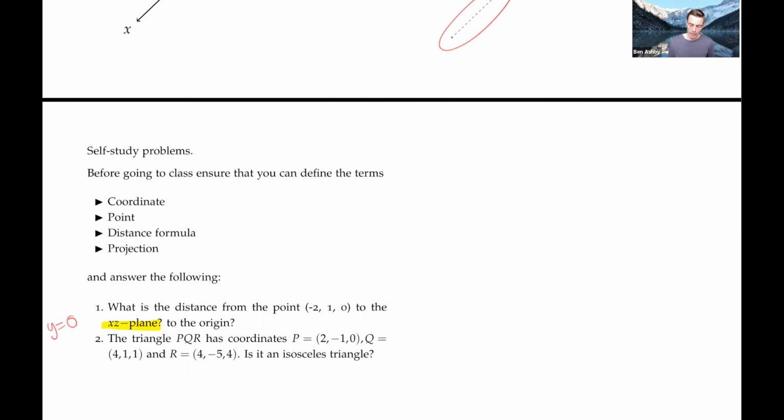And the second question is a little bit more challenging, but think about distances here. The triangle PQR has these different points. What you want to know is, is it an isosceles triangle? So remember what the definition of an